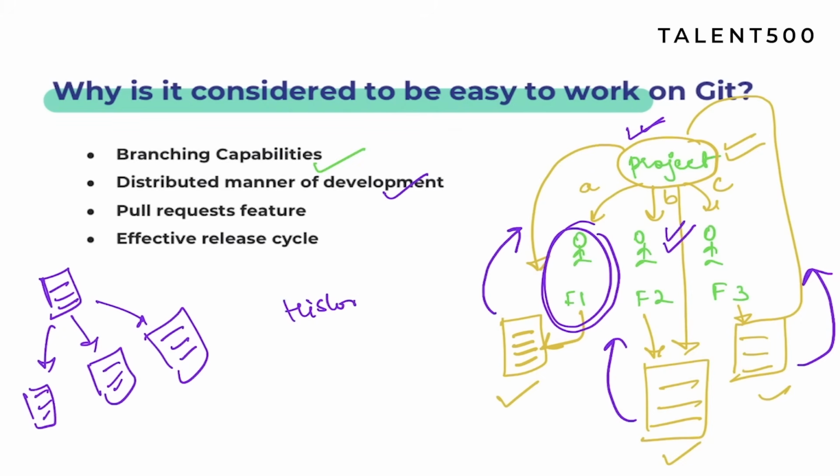So what will happen in that history? Let us say you are deleting a file. In that history, you will see that somebody has deleted a file. Similarly, if somebody is adding, you will understand that this person is adding. At the same time, it will also have a lot of other details, like on which date what has happened and everything. So that is why we can say it becomes easier to trace and locate data if it is lost from the main server.